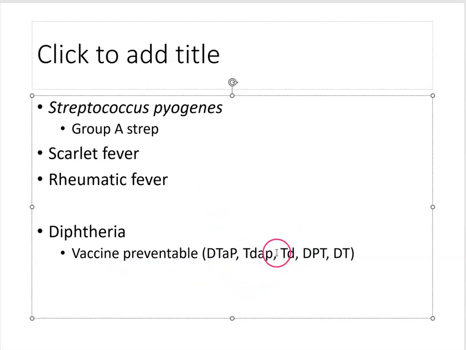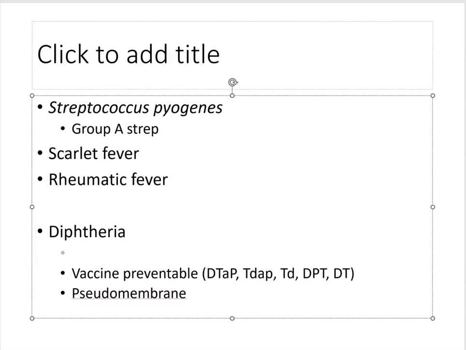And I think this is what adults are supposed to get. I don't know. So it's vaccine preventable, and that's great because when it was common, it used to form a pseudomembrane that could block someone's airways. And the smaller the airway, the more likely this was to block it and cause death through asphyxiation. So this would happen to children, and this was a deadly childhood disease, and it is very well prevented by these vaccines. And it is caused by